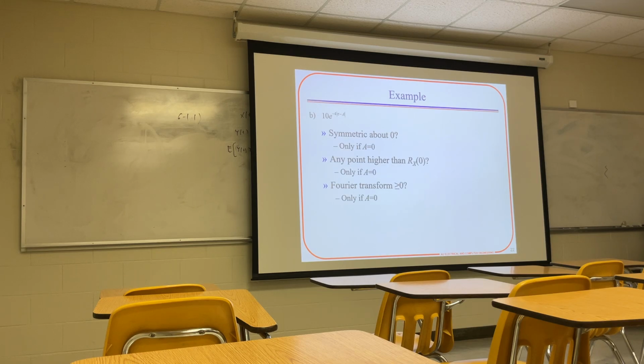Now this one is kind of weird. Take a look at this one just for a second. If the autocorrelation is 10 times e to the minus 4 magnitude of tau minus a, for any value of a except 0, it wouldn't have a maximum at 0. Can everybody see that? If you look right here at a, suppose a is 1. Well, think about this, e to the tau minus a,